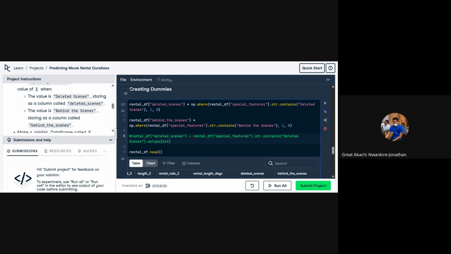So here we're not even specifying put 1 or 0, because it checks special features and it's